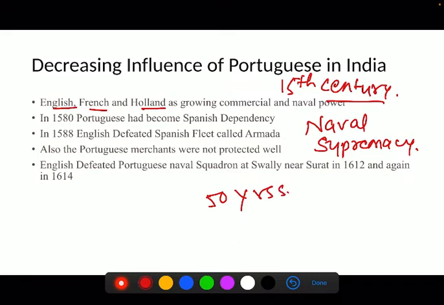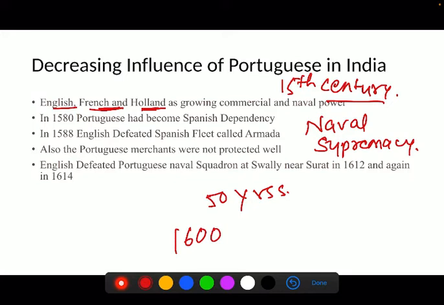But meanwhile they also started getting strength in sea and shipbuilding activities. So by 1600, they got so much commercial and naval power that they started giving Portuguese a fight,